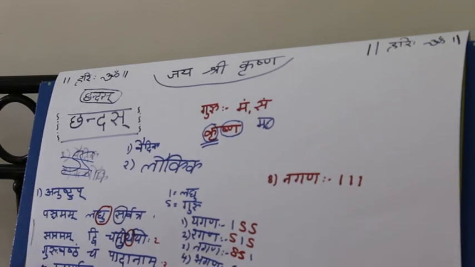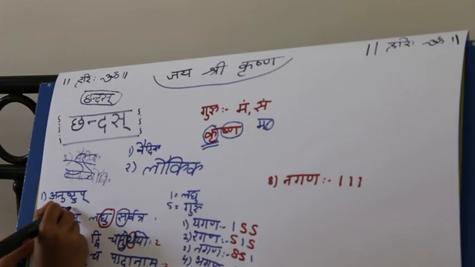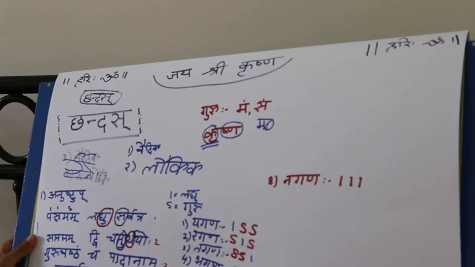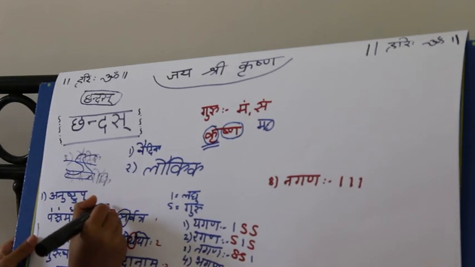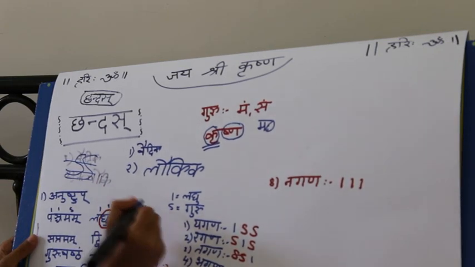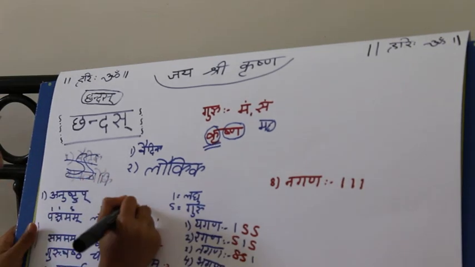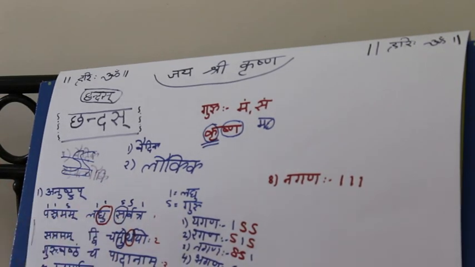So how we put it, we'll just put the I and S like that. Now look here, this is I, this is I, and this is S. Again, this is I, and this is I, and this is S, and this is I and I. According to the rules, we have classified them like that. Actually, this becomes S because the next one is tra, made up of t and r. Then, in the same way, you should do the I like that correctly, and then you get it correctly.